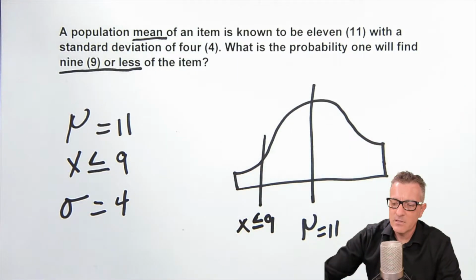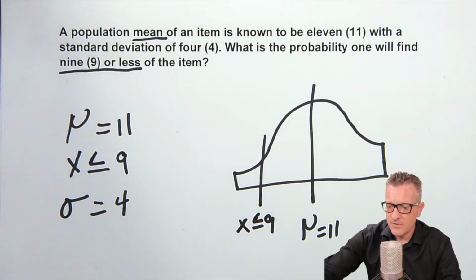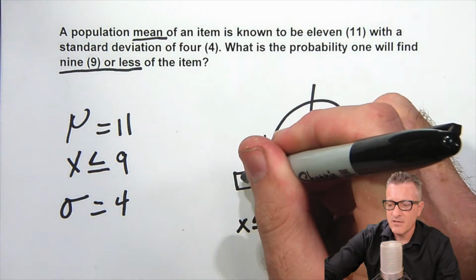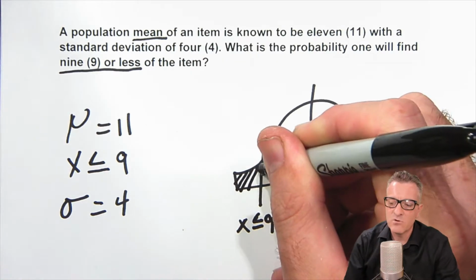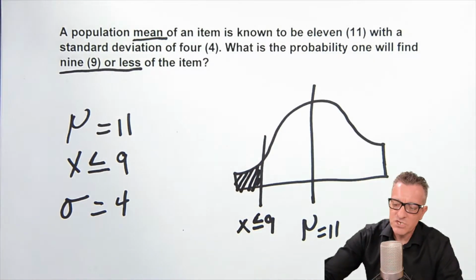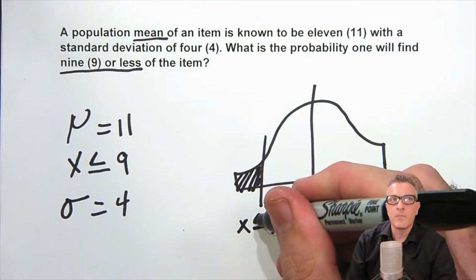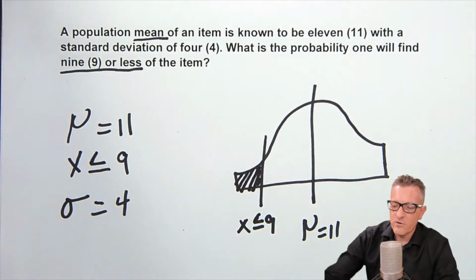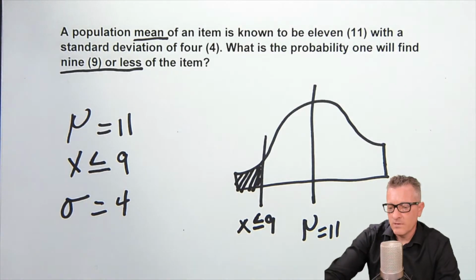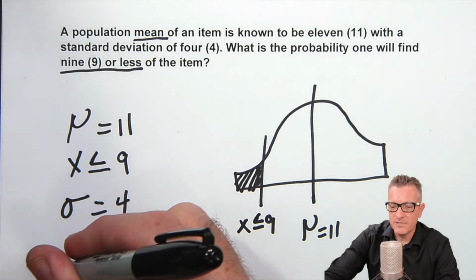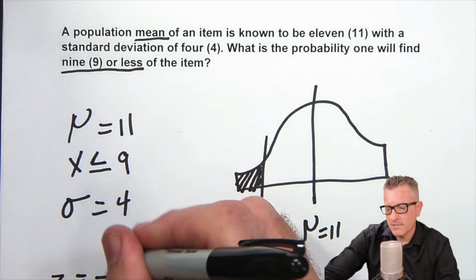Now we take a look and we see the inequality pointing to the left, and the direction the inequality points towards is our area of interest, which is what we're solving for. So the shaded region that we just shaded, which is the direction of our inequality, we are going to solve for. Okay, now we have the basic setup. So what we need to do now is actually find what the z-score is for this. And the z-score is always like this.